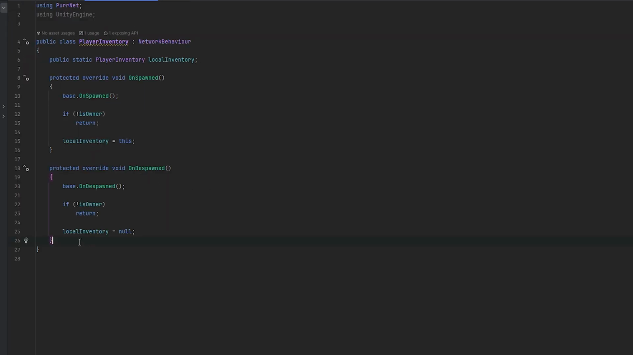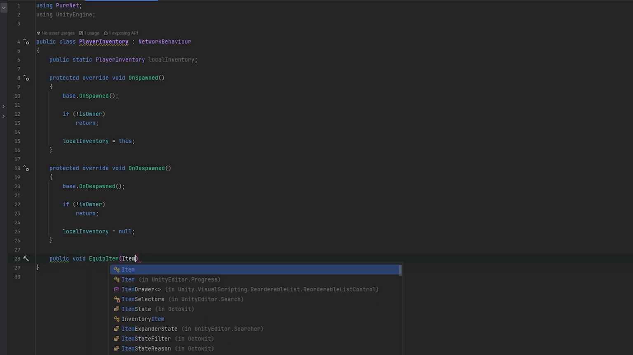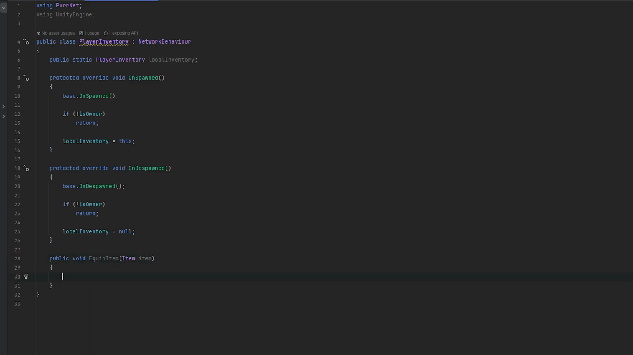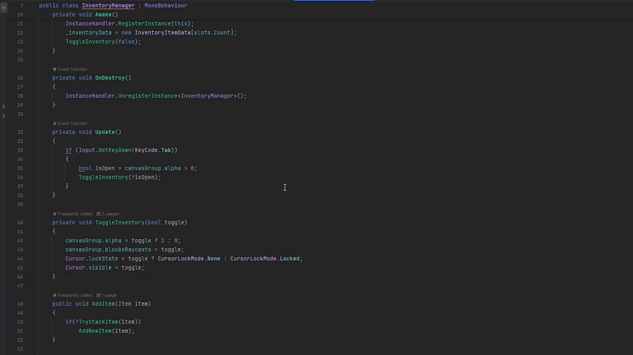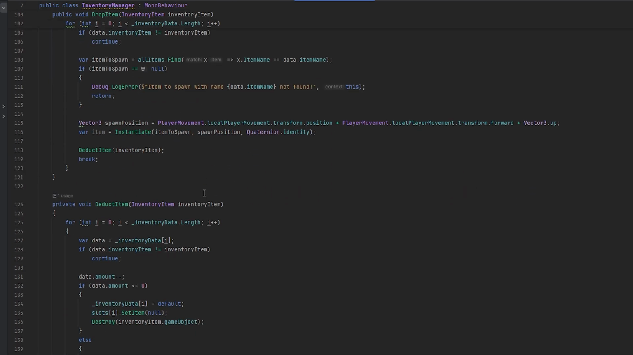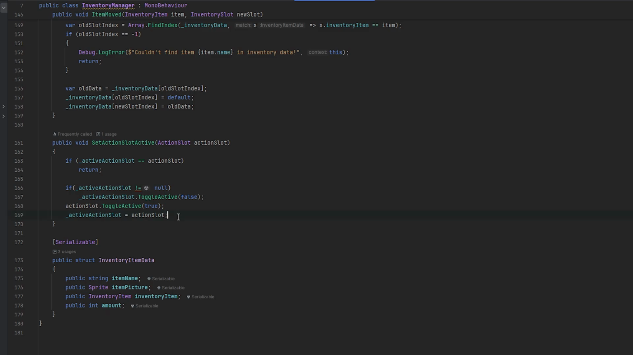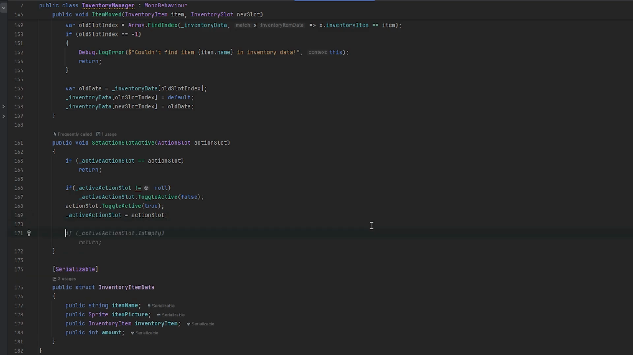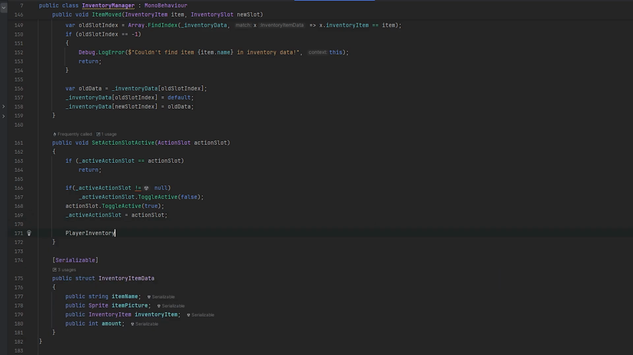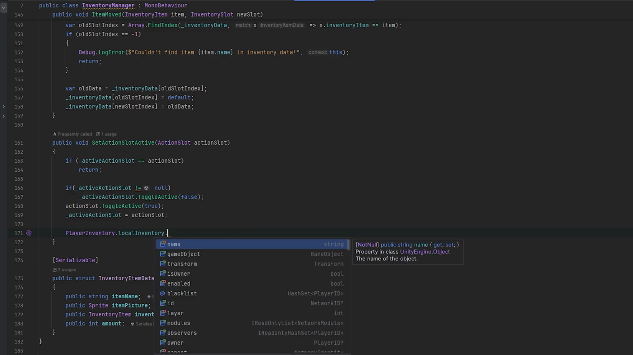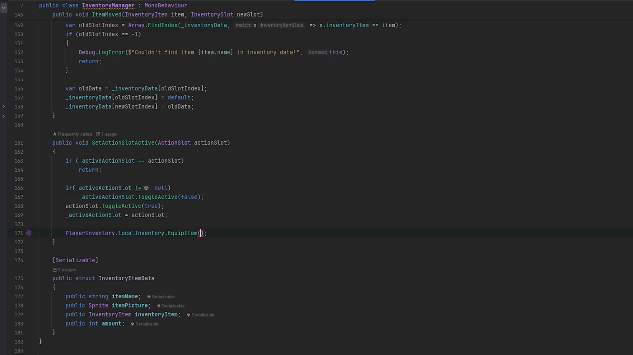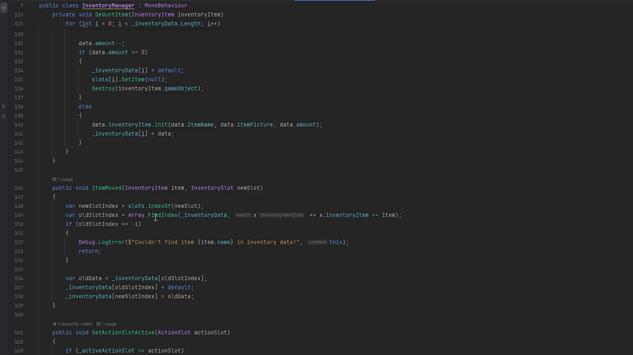All right, so now let's have the player inventory have a public void EquipItem. And this is going to take in an item, the item that we want to equip. So now we can call this from the inventory manager. So whenever we set an action slot to active, we can also call PlayerInventory.localInventory.EquipItem. And here we essentially want to, once again, similar to what we did earlier, find